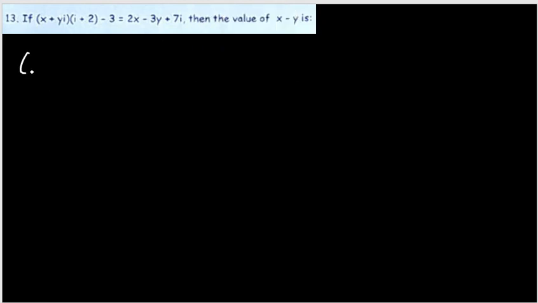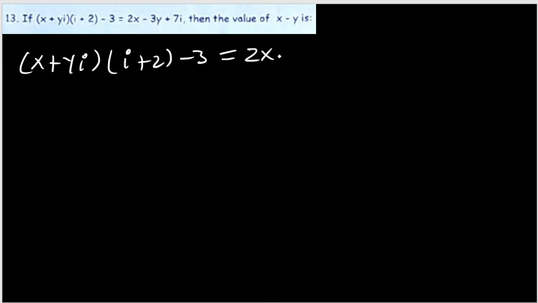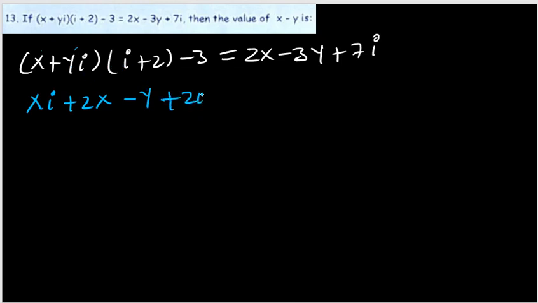Next question: (x plus yi) in bracket times (i plus 2) minus 3 is equal to 2x minus 3y plus 7i, given. Let us try to remove the bracket here. Let's expand it. xi plus 2x minus y, when you multiply with the y again, yi times i will be minus y, because i times i is i square, plus 2yi,